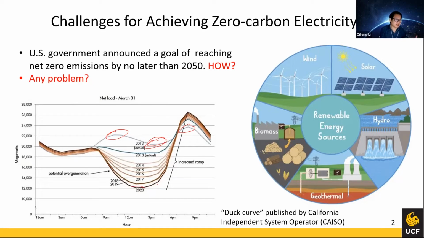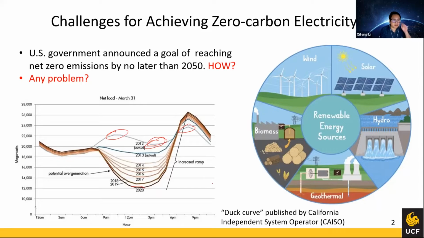So as you can see, if we have really high renewable generation, then after around 5 people stop working, and the solar also stops working, because after sunset there is no more solar energy. For such a case, we need to have a lot of fossil fuel generators waiting. After the sunset, we need to turn on those fossil fuel generators immediately to meet the difference after the solar energy disappears. So this is one of the problems of renewable generation.